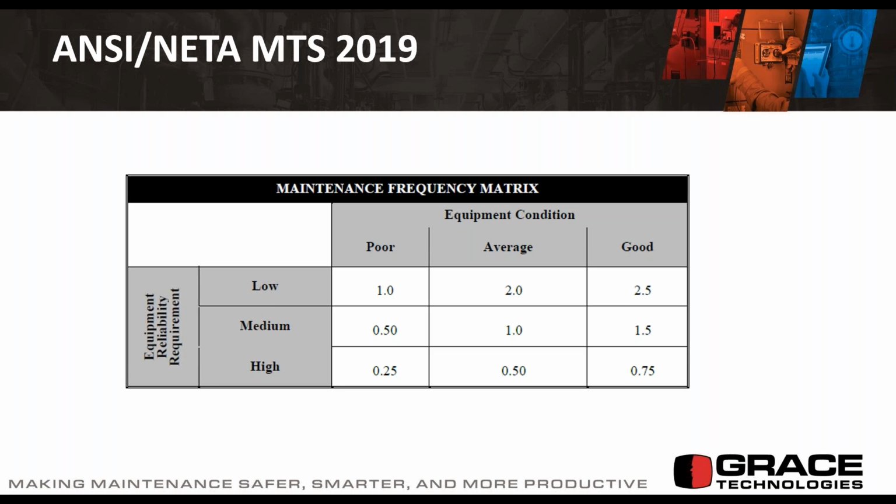If you're looking at NFPA 70B or ANSI NETA MTA standards, but then you need to take into consideration the two things I'm showing on the screen. One is equipment reliability requirements. How important or critical is this equipment for you and your operations, right? And then you look at on the top, equipment condition. So if your equipment reliability requirement is low, and then your equipment condition is good, then you don't need to perform the maintenance as often. I mean, you can do it, 2.5 is your correction factor, so you can delay that,